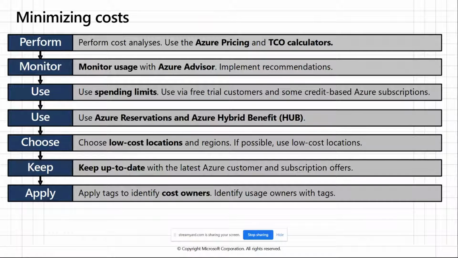When you have to keep updated, what you have to do is have the latest customer and subscription offer that you are getting. And the last is like,